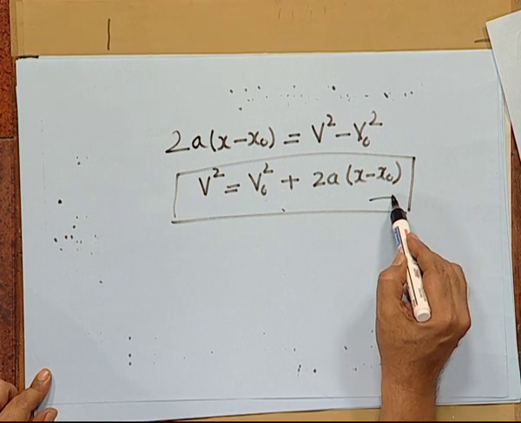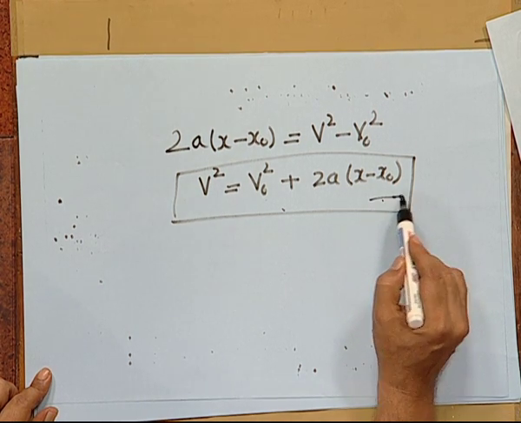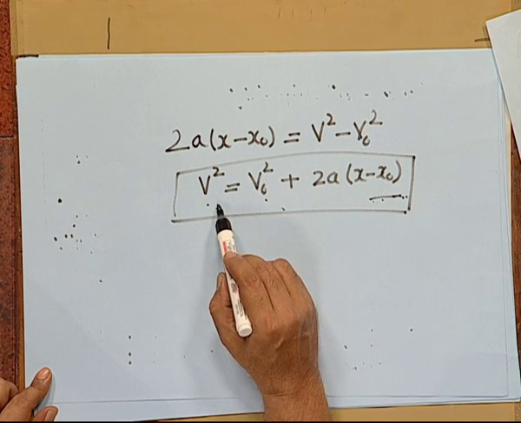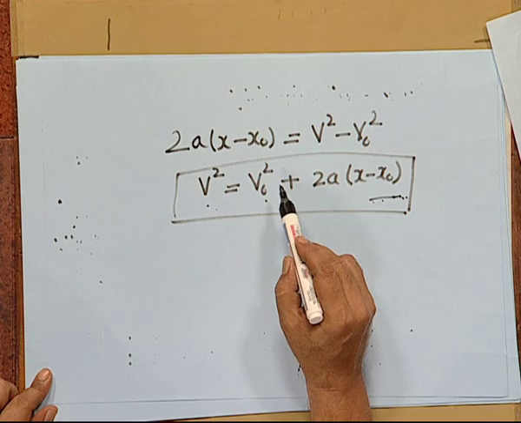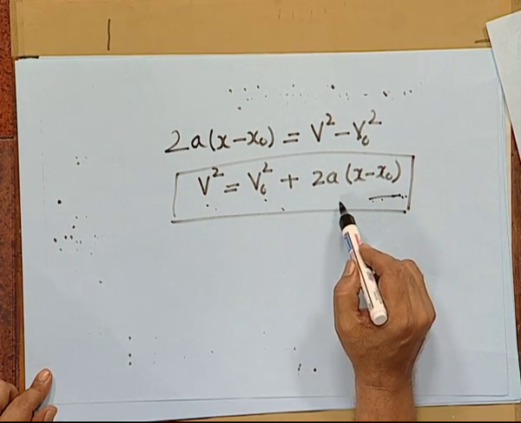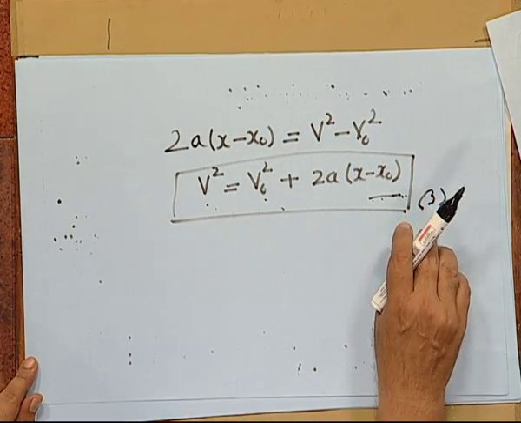Now, x minus x naught measures the displacement, the change in the position coordinate, and v and v naught are the velocities, v at the position x and v naught corresponding to the velocity at position x naught, and a is the constant acceleration. This is the equation that we have obtained from the kinematic relationships involving displacement and time and velocity and time, and this can be considered as a third relationship, but we obtained this third relationship from the two